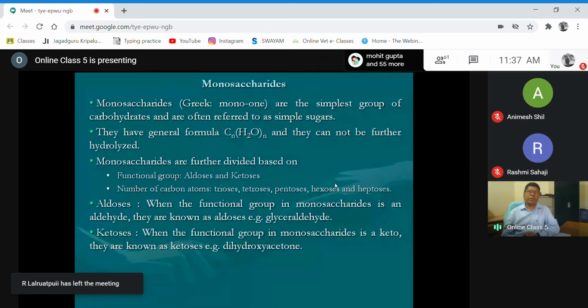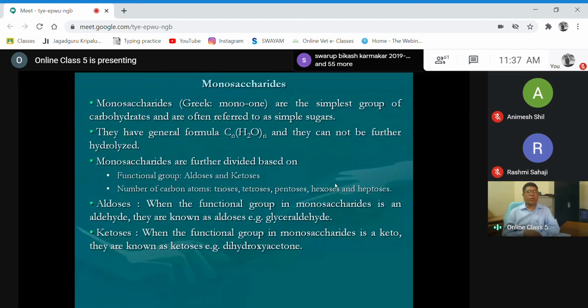They have the general formula CnH2nOn, and they cannot be further hydrolyzed. If they are further hydrolyzed, they will not become a carbohydrate. So they cannot be degraded further to produce carbohydrates. If they are degraded, they will no more be carbohydrates. Then further, these monosaccharides are divided